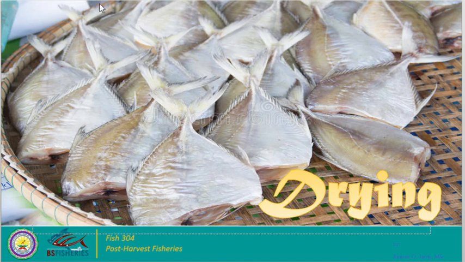Alright, so surface area: the larger the surface area exposed to the drying air, the faster the evaporation of moisture content. The opposite is otherwise. If there is a smaller or narrower area exposed to the drying air, of course, the rate of evaporation is slow. The second factor that influences the rate of drying in the first phase, the constant rate period, is the relative humidity of the air.